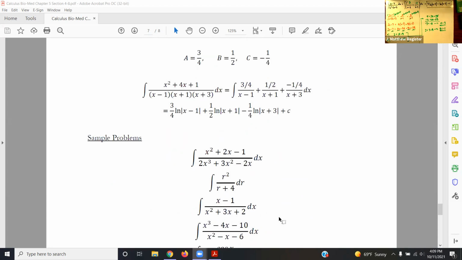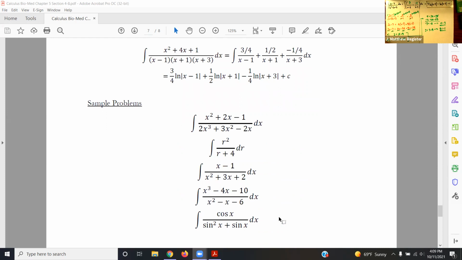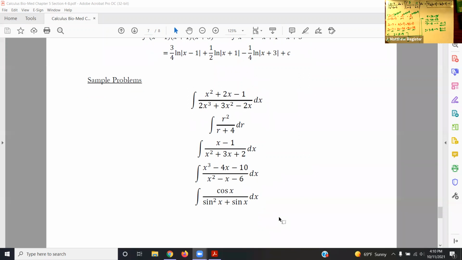I do have a few extra problems here. Honestly, if you would like to see more problems, I would probably recommend just going to YouTube and typing in partial fraction decomposition and getting an extra video, because these problems are very, very tedious, but it's just the algebra that is tedious. If you need the practice with the algebra, I might just do a quick search on YouTube. You'll get hundreds of videos. And instead, let's go on to our final technique,